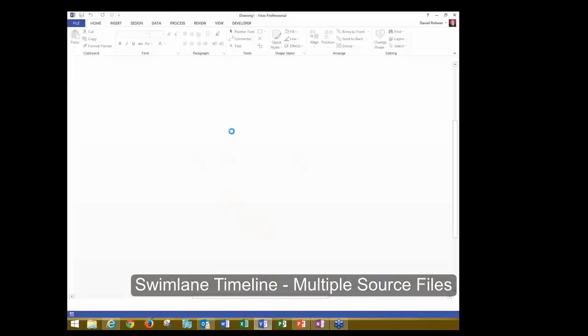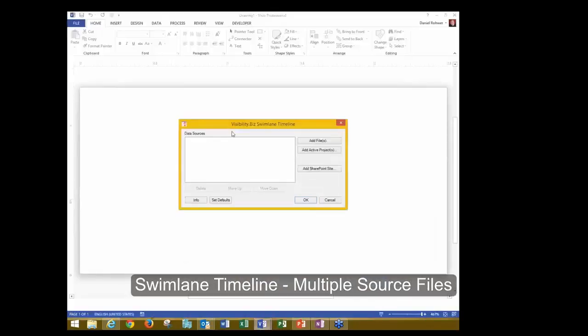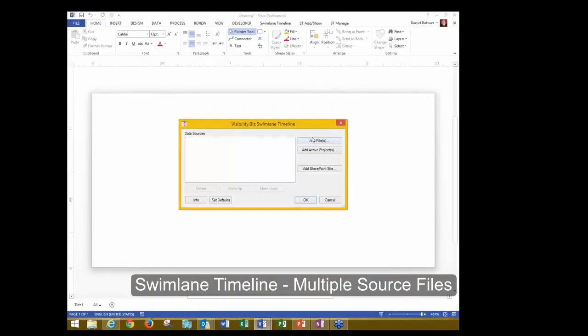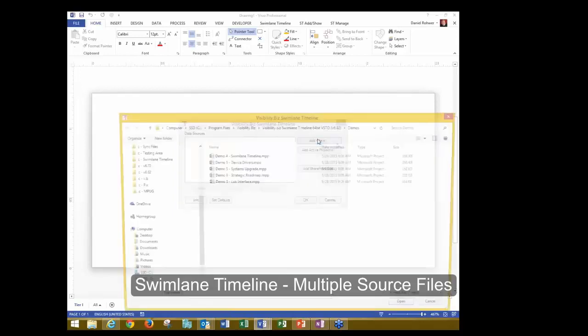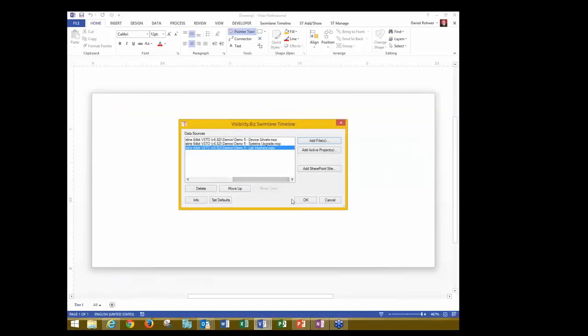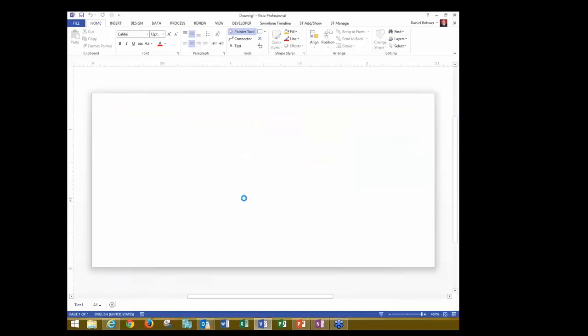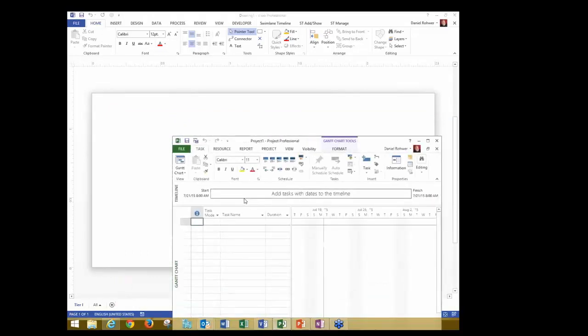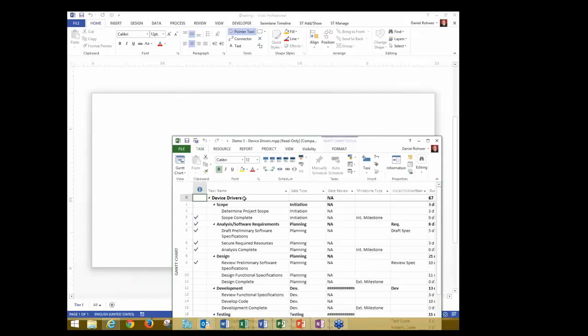multiple projects. Let's go ahead and take a look at that, and also a resource view as we wrap this up. So in the demos folder, again, you have some demo 5 files. These are 3 project files, and I can select all 3 of those, and we'll say OK. And what it's going to do now is it's going to open up all 3 of those projects, and in